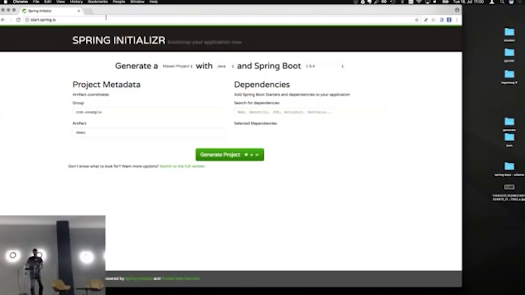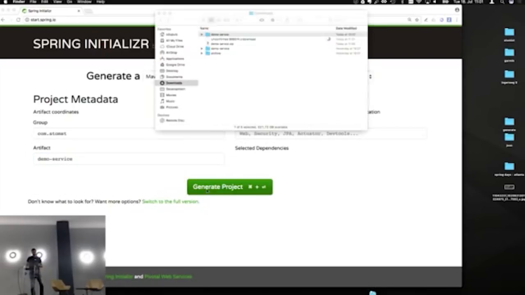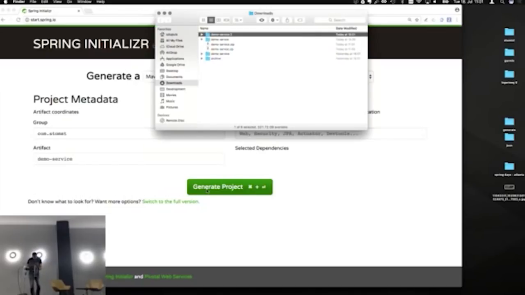The way you do this, you essentially go in. First of all, you can select if you want to use Maven or Gradle. Then I noticed that you can use Kotlin now too, which I wasn't aware of. Groovy is there, and then the Spring Boot version. What I would recommend is to just leave the defaults there, they just work fine. Just going to click generate project, and it's here now.